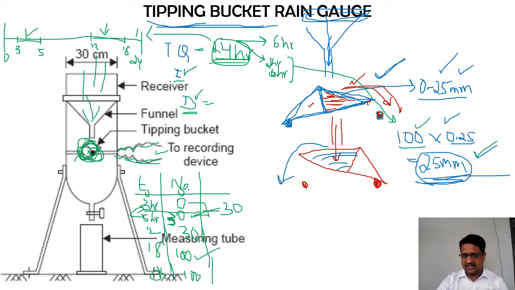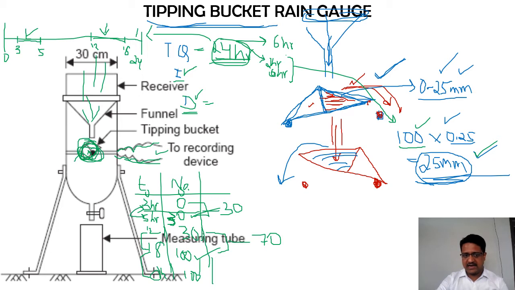Okay, now again from 5 hours to 12 hours the amount of rainfall was nil, so that's why those 30 tippings remained. But again from 12 hours to 18 hours, there we have how much? 100 minus 30. So here we have 70 tippings of rainfall. Okay, and again from 18 to 24 hours we don't have any rainfall,